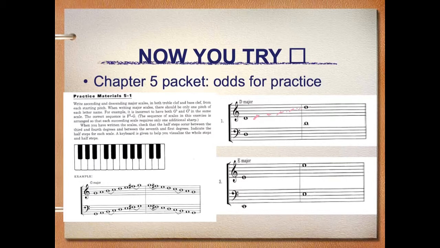Once you have your diatonic scale built, then you need to determine where the half steps and whole steps are. Well, D is scale degree 1, so E would be scale degree 2. F would be scale degree 3. Now, if you recall, we have a tetrachord D, E, F, G, and that tetrachord must be whole step, whole step, and half step. Between 2 and 3 we need a whole step. D to E, that is a whole step. E to F, that is not a whole step. Uh-oh, trouble. What are we going to do?